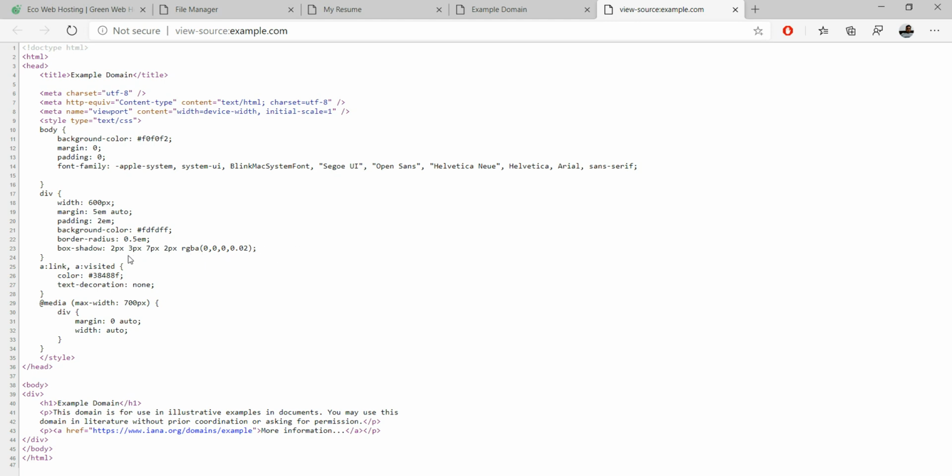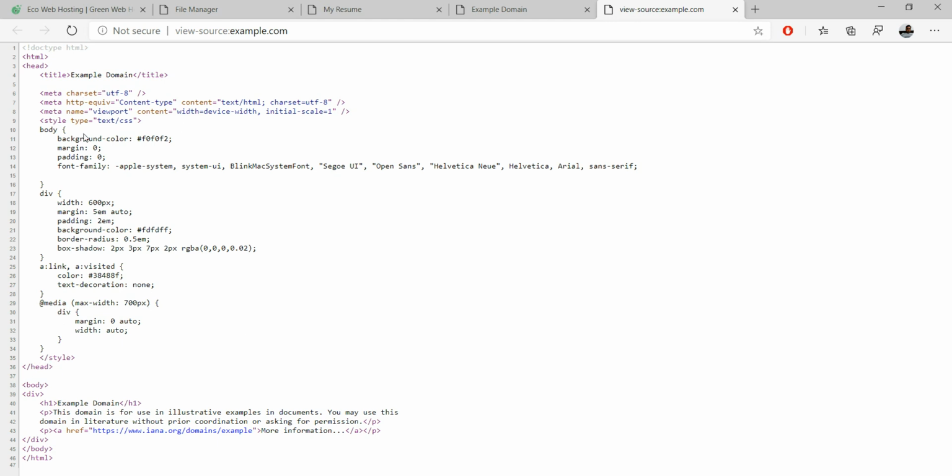We also defined the anchor element link and visited link color, with text decoration none. Then @media, max-width 700px, div margin 0 auto, and so on. Then we closed the style element.